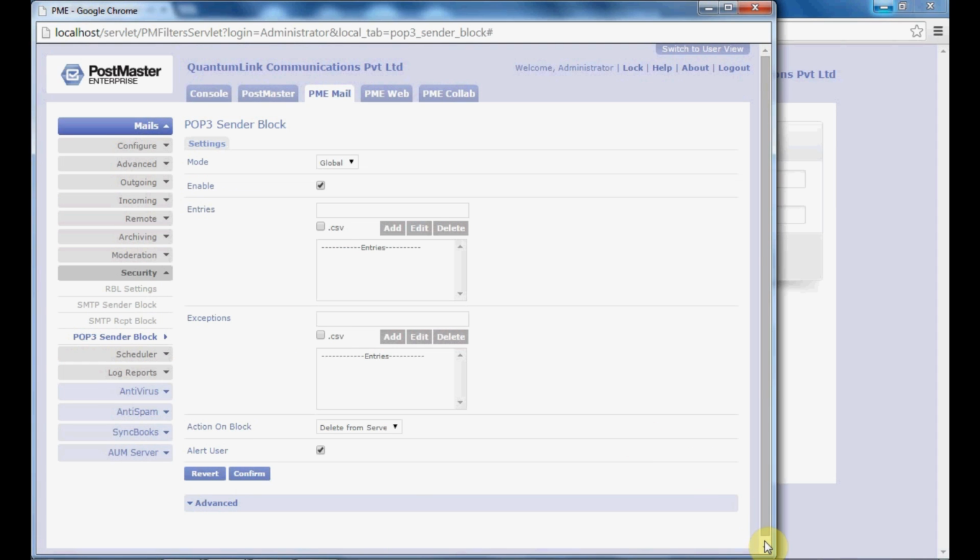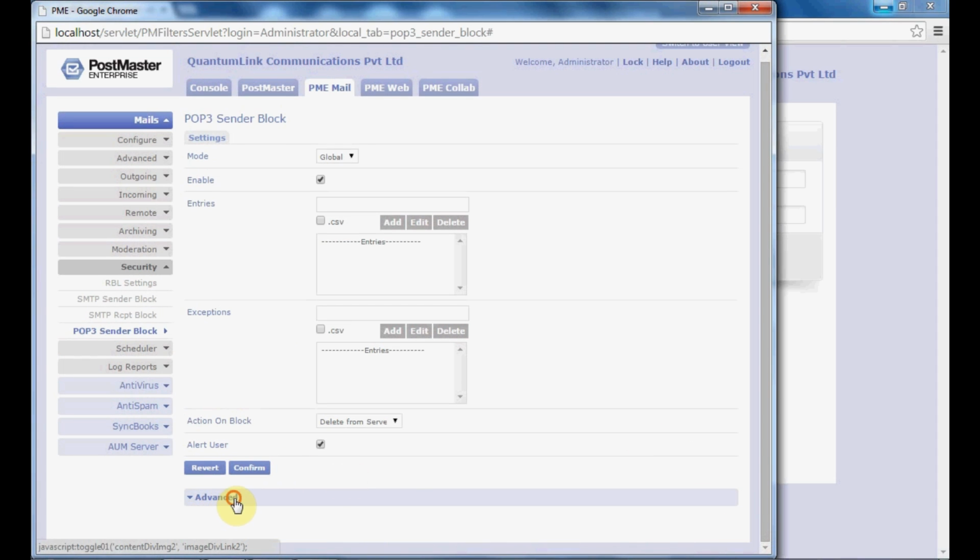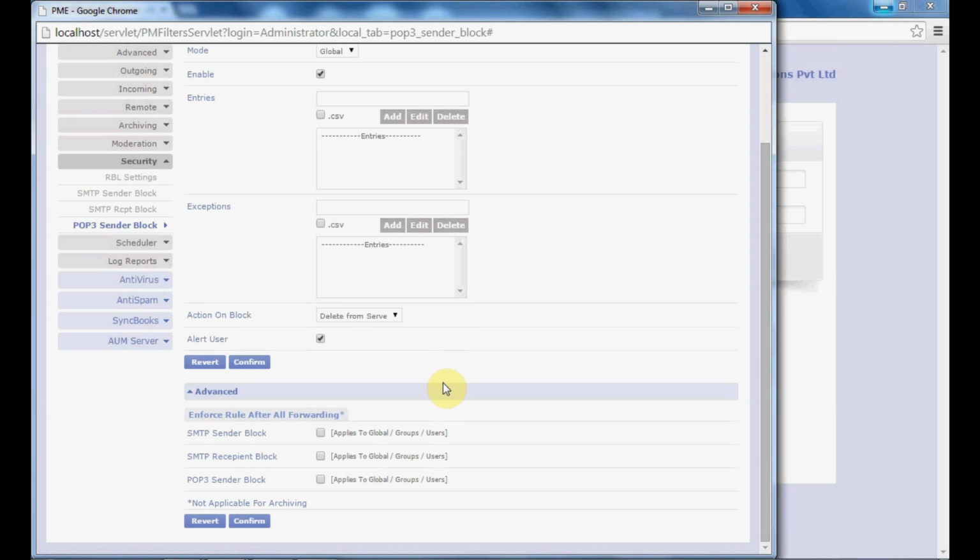Once it is done, you go to advanced. And in advanced you have the enforce rule after all forwarding. If all forwarding is set, you can enable the SMTP sender block for global, group, users, applies to global, group, users for SMTP recipient block as well as for POP3 sender block. If you want to enable it, you check the checkboxes which are associated with this option,